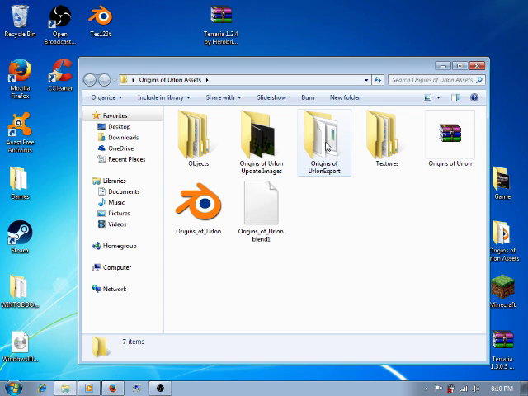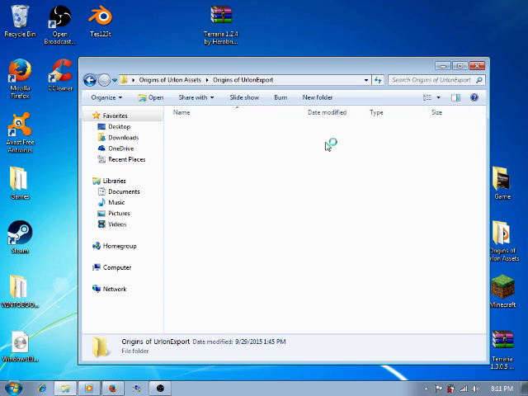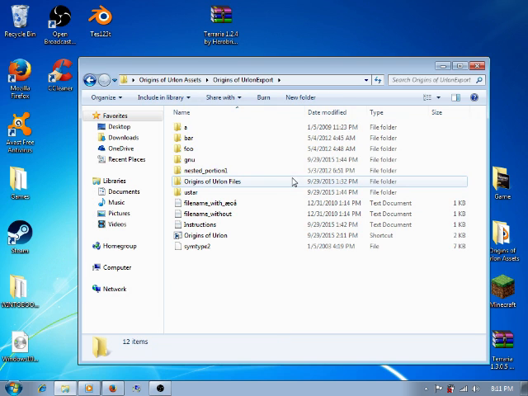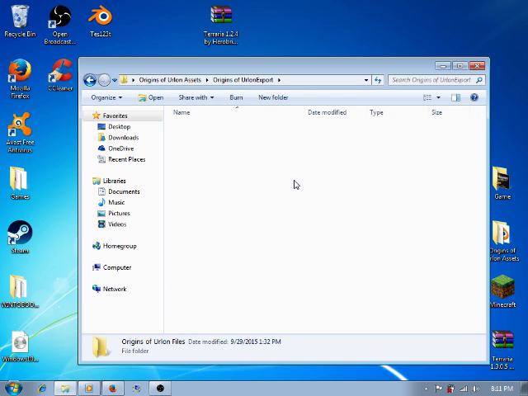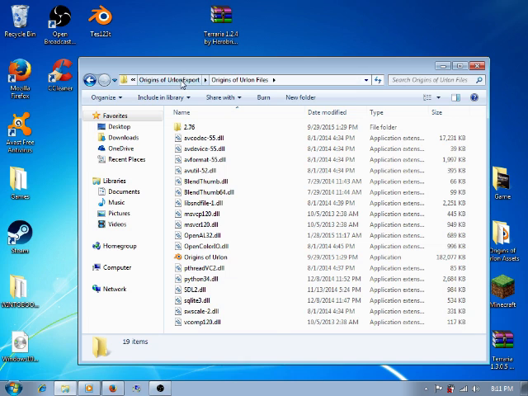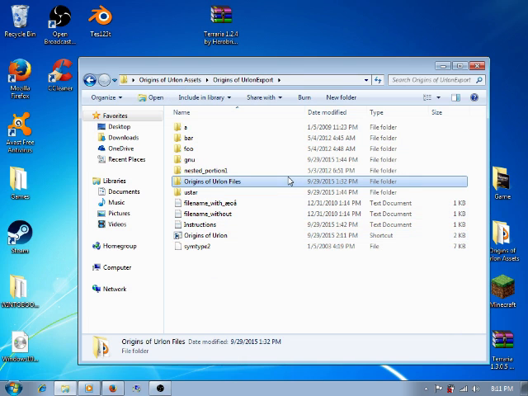And then once you extract it, it looks like this. You go into the files, and you double click that.